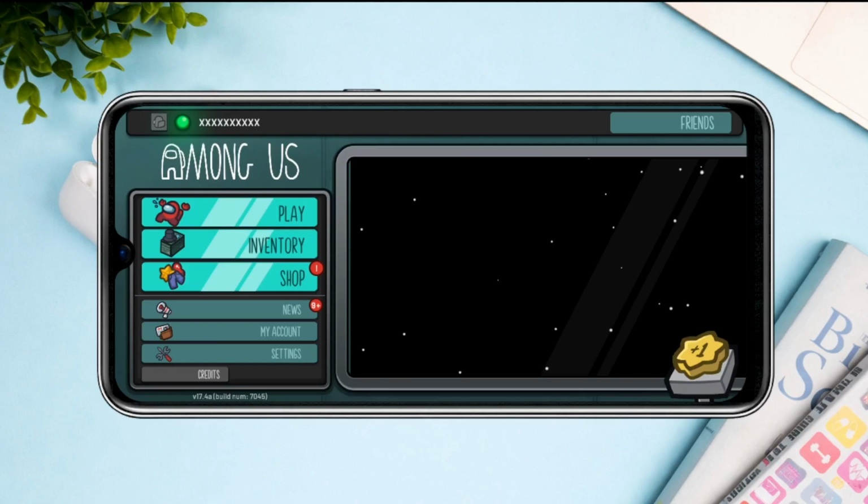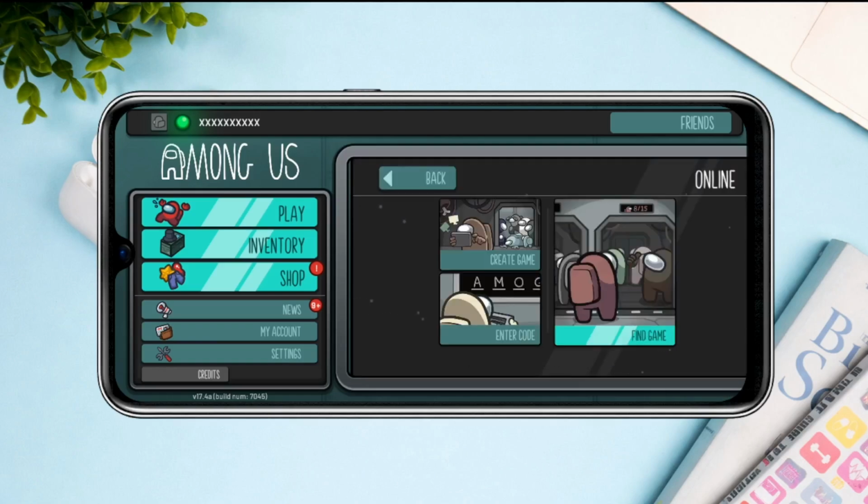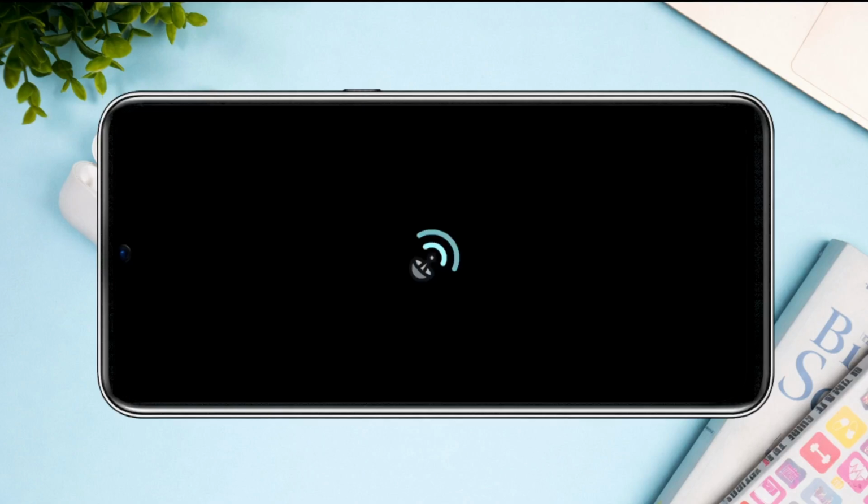Next thing you want to do is to open up the app. Make sure that you're logged in to any of the accounts available that you can use. Tap on play, tap on online, find game, and then once you've successfully located these types of games,